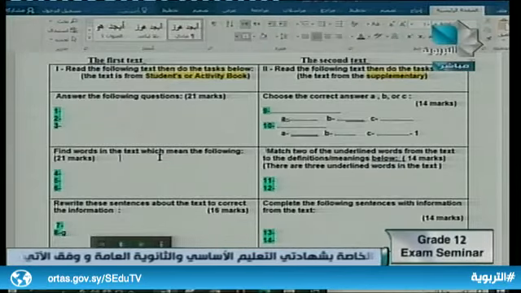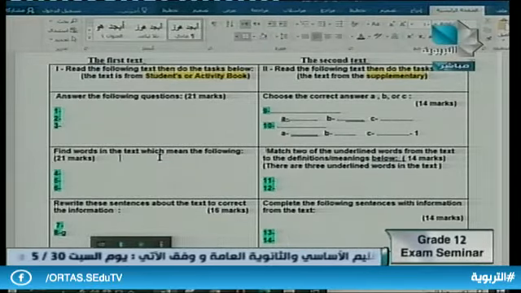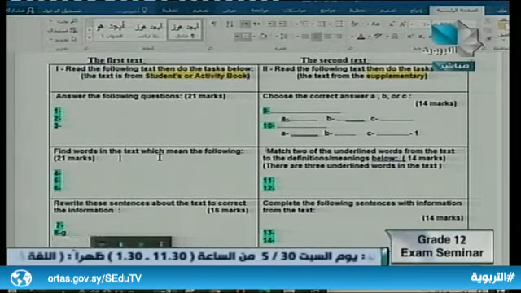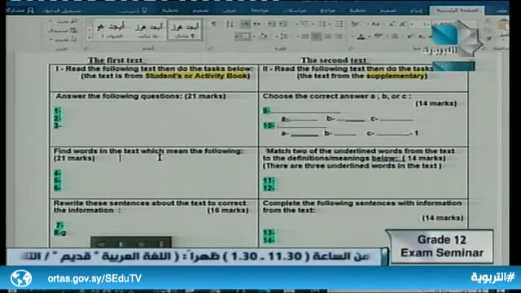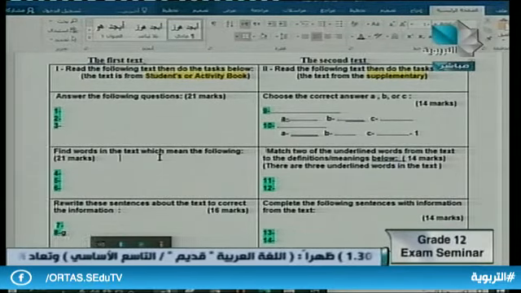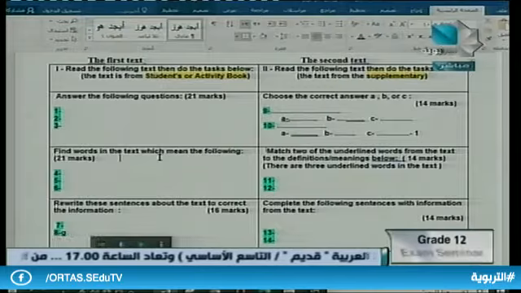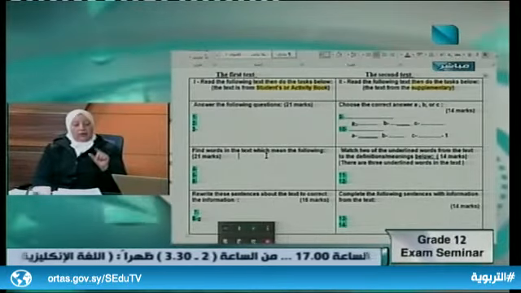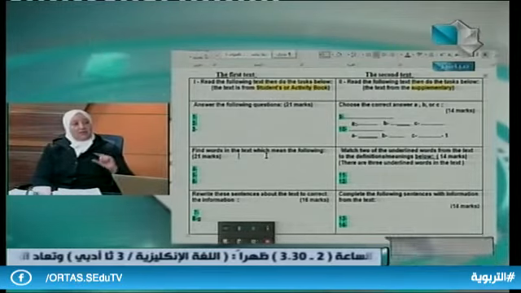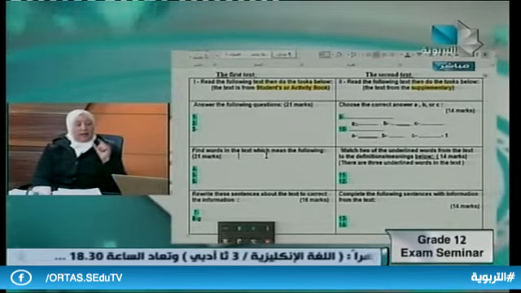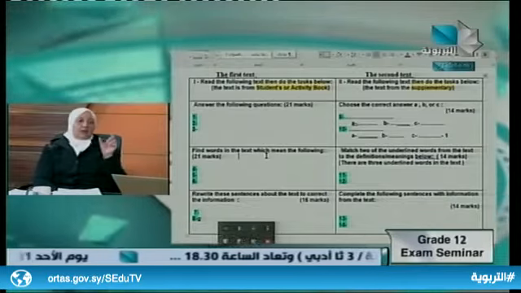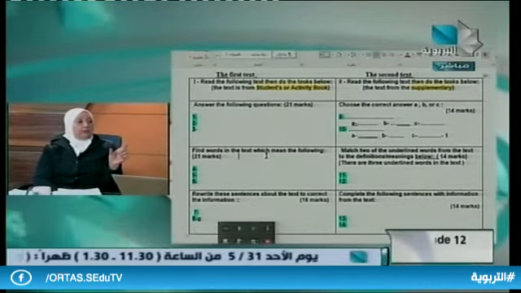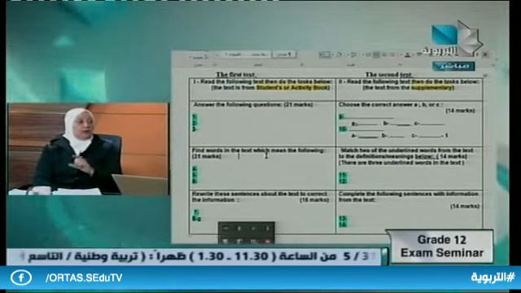And the last one, and this is important, is a completion. From the text itself, they are given 2 different sentences, but they are not complete. They have to complete them from the text itself. And usually, now I want to mention this point. Usually the students say the space for the answer to this question is very short, and it's not enough for us to write.